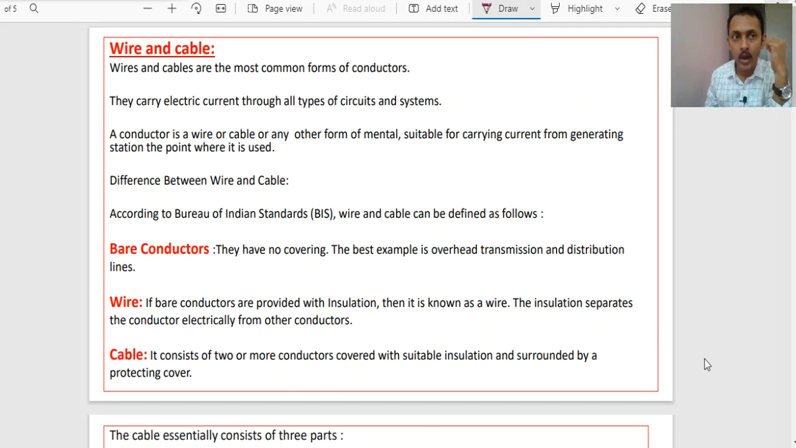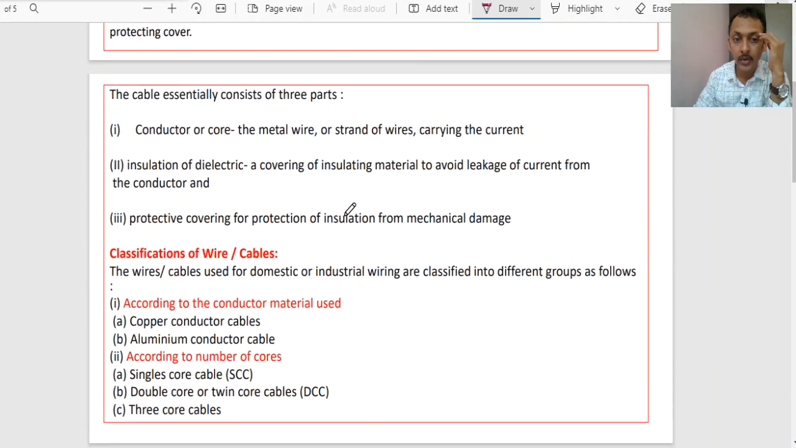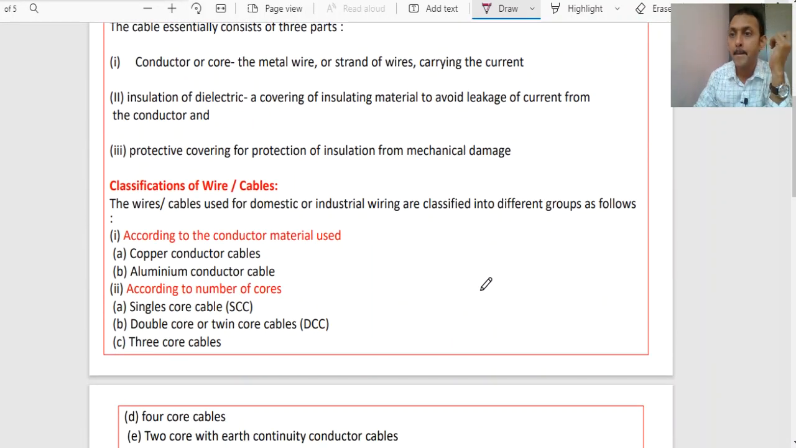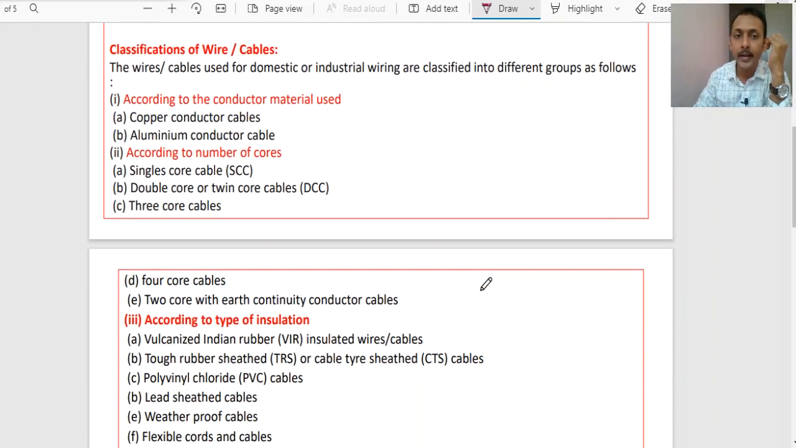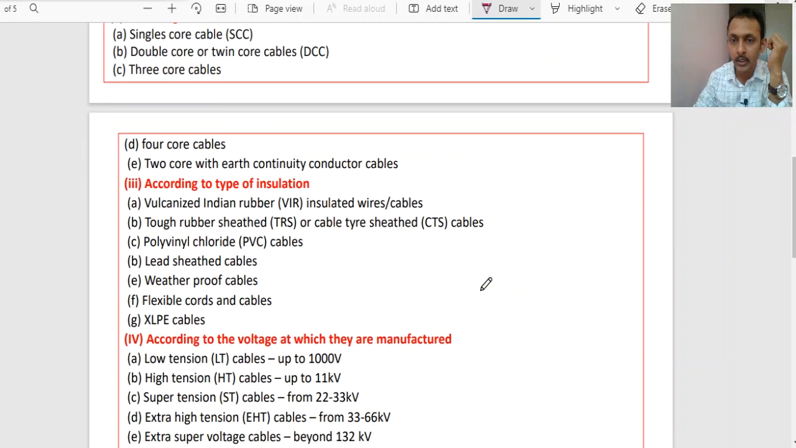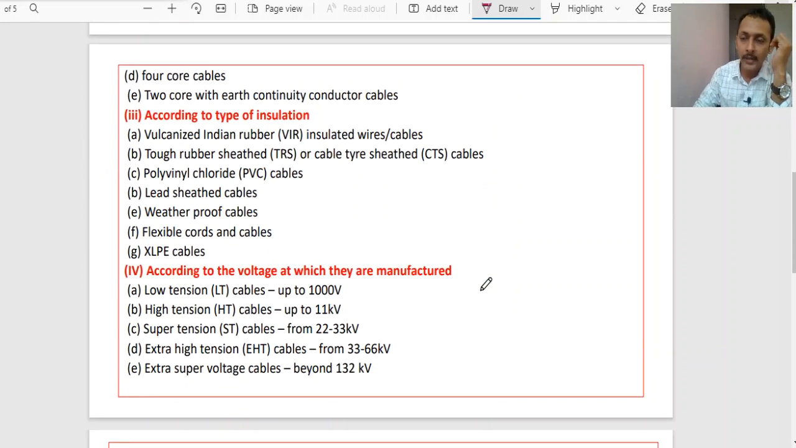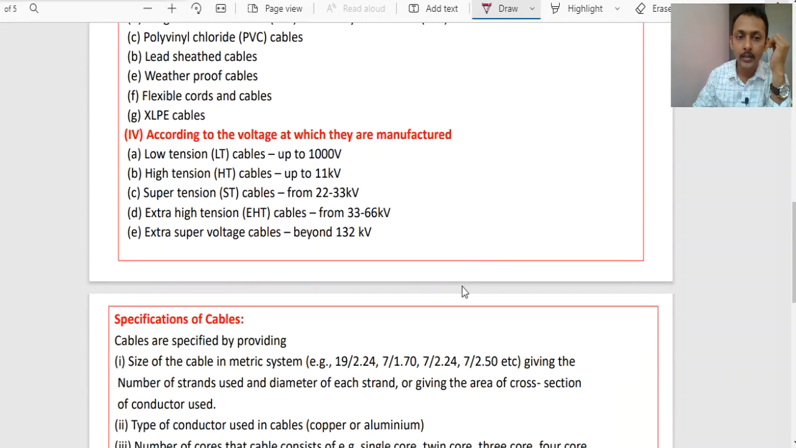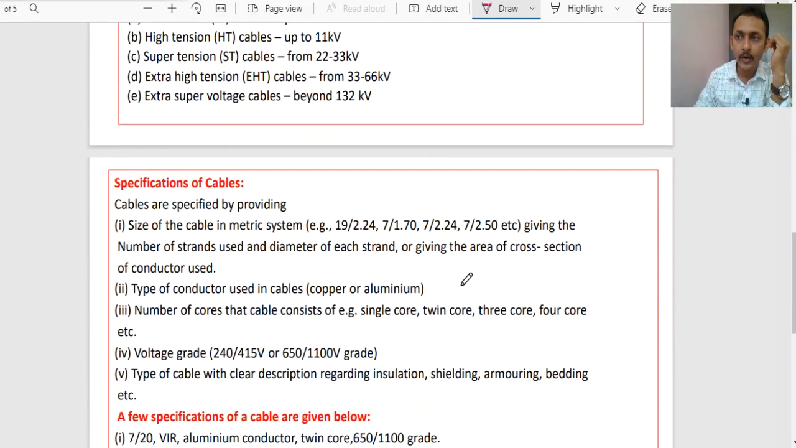In this video, we are going to discuss the wires and cables. What are the different types of wires and the different types of cables we have, depending upon how the classification is given: according to the material used, or according to the number of cores, and depending upon the type of insulation used, according to the voltages at which they are manufactured or the operating voltage levels. Like this, we will see the different classifications of the wires and cables, and also we